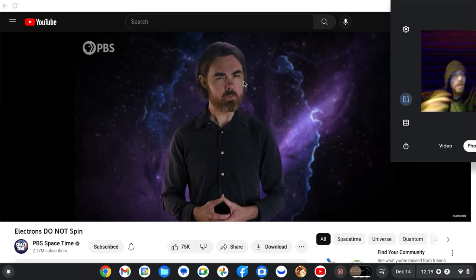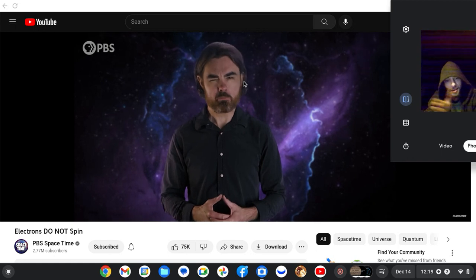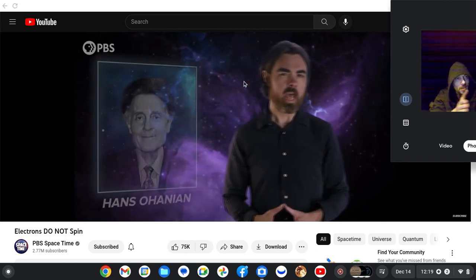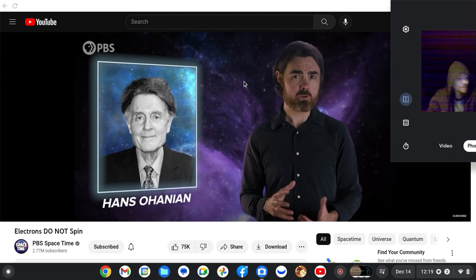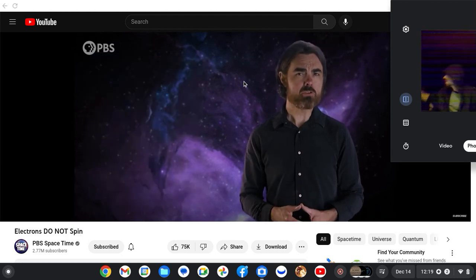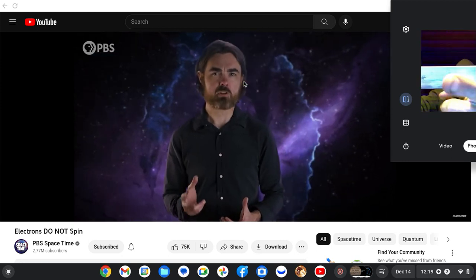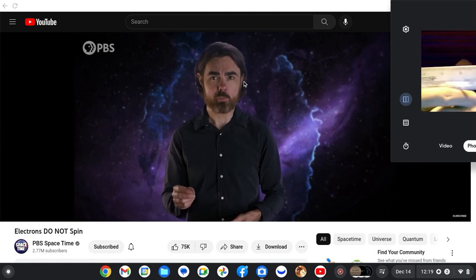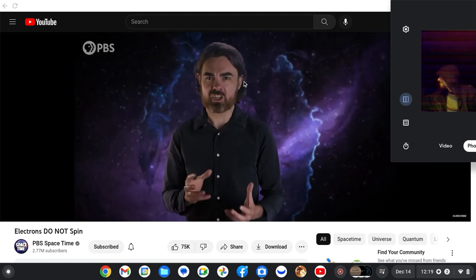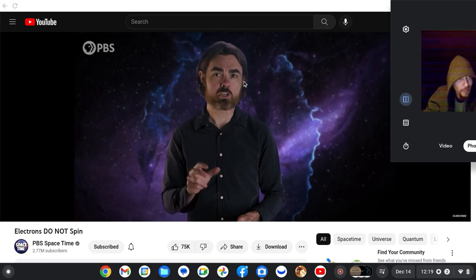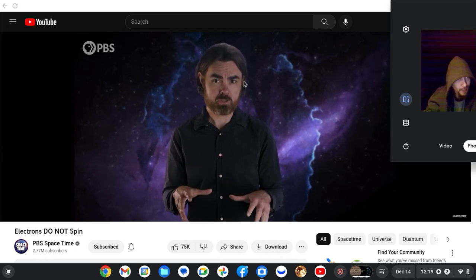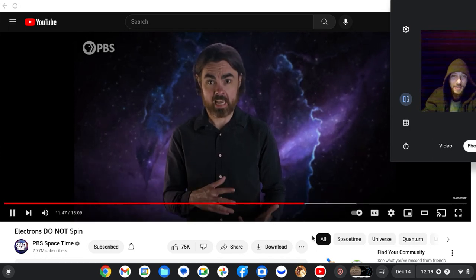Some physicists think that spin is more physical than this. Hans Ohanian, author of one of the most used quantum textbooks, has shown that you can derive the values of the electron spin angular momentum and magnetic moment by looking at the energy and charge currents in the so-called Dirac field. That's the quantum field surrounding the Dirac spinor, aka the electron. Anyway, catch you in the next one.